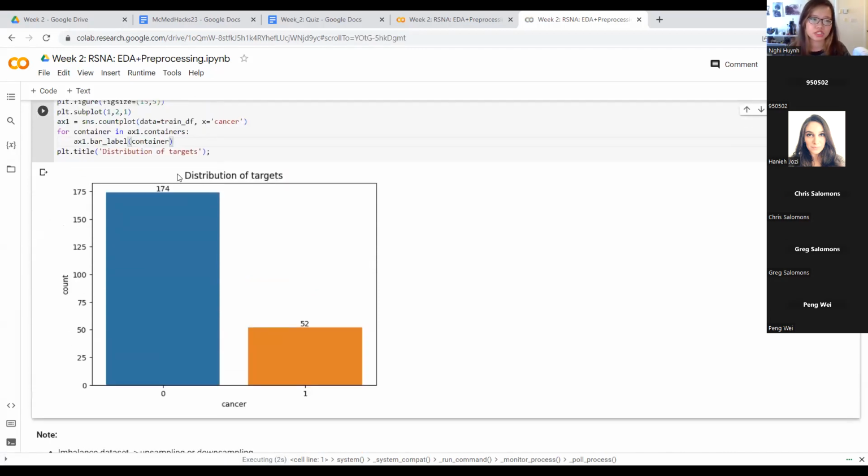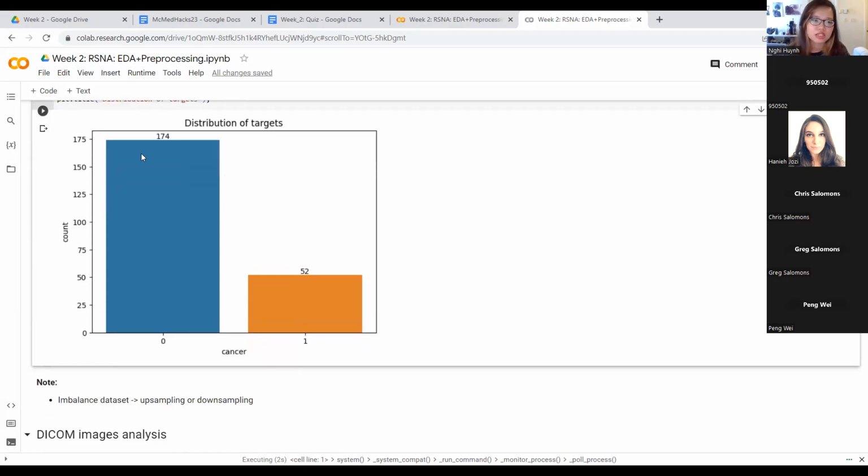And this is the distribution of the targets. Again, every time you receive data, you need to analyze and see the distribution of it, to have a deep understanding of your data before you perform any type of